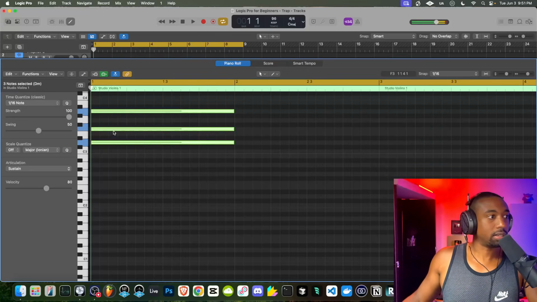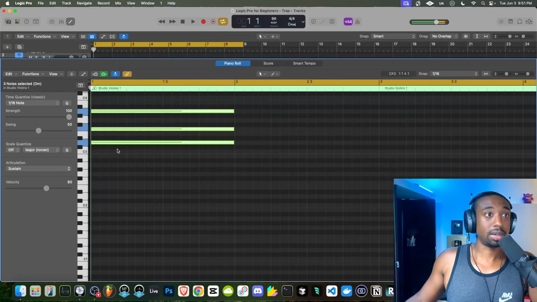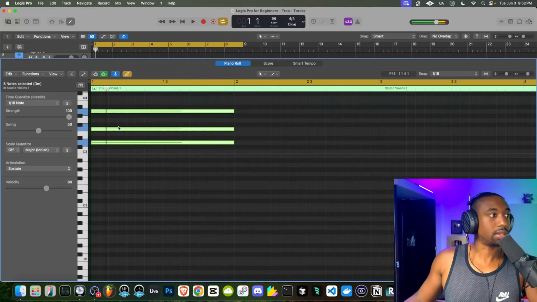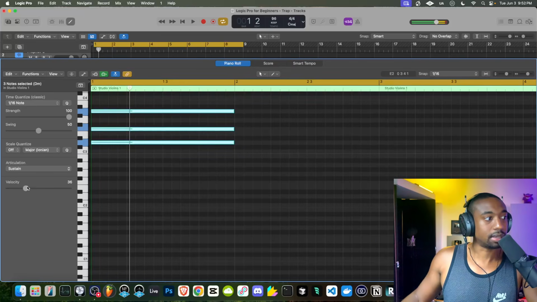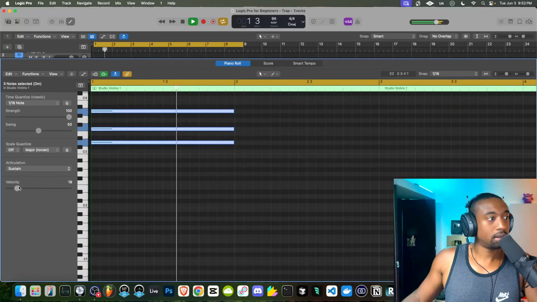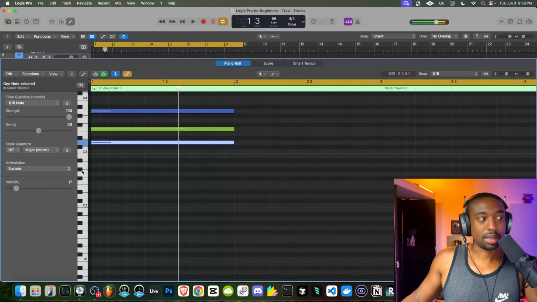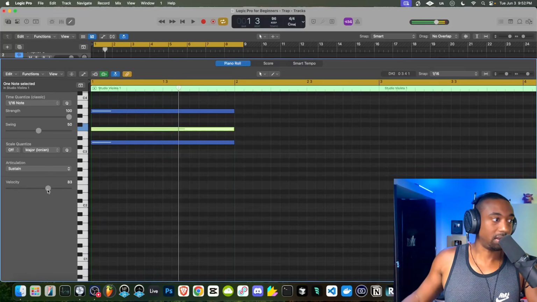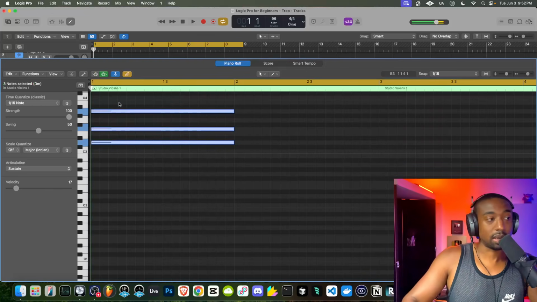Now we're going to highlight all these notes. Now by default, the velocity, or how hard you hit a key, is very loud. So it's just going to sound very aggressive and loud. I don't want it to be this loud. So let's turn down what's called the velocity right here. So this changes per whatever note you select. If I highlight the one at the bottom, it tells me it's 17. If I highlight this one, it says 83. So this value in the bottom left only talks about the things you have selected. Okay, so I'm going to turn these down to about 17.